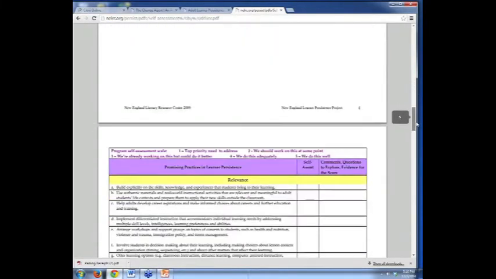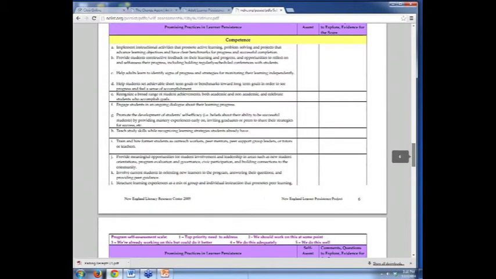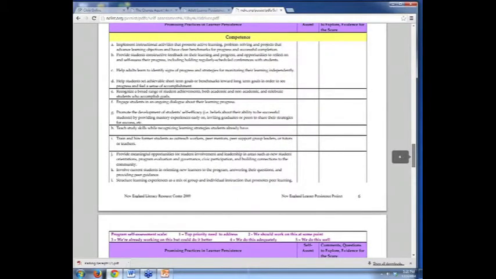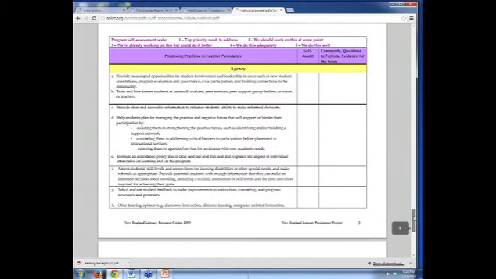So scrolling down further, you'll see all the drivers here. There's relevance, competence, and again, a number of strategies that you can rate yourself and pick a few. I recommend don't pick a lot. Like if you actually do put yourself through this process, just pick one or two that you might take away and really decide to work on. You don't want to bite off more than you can chew and give yourself something really impractical to do. But out of all these, maybe you'll find a small handful that you would like to work on.